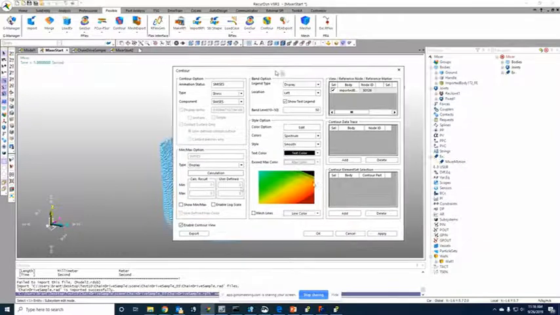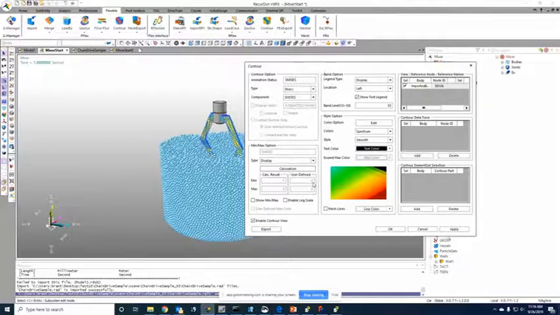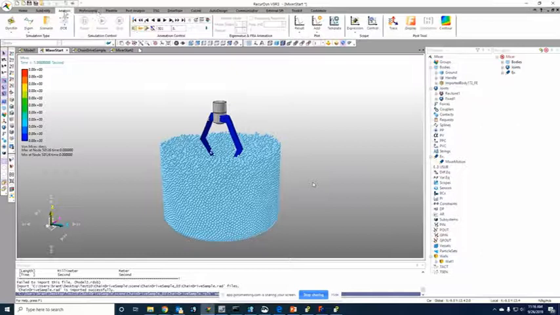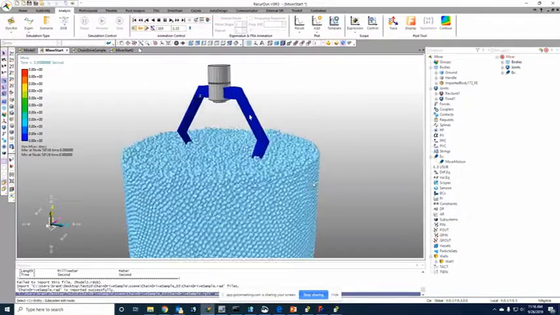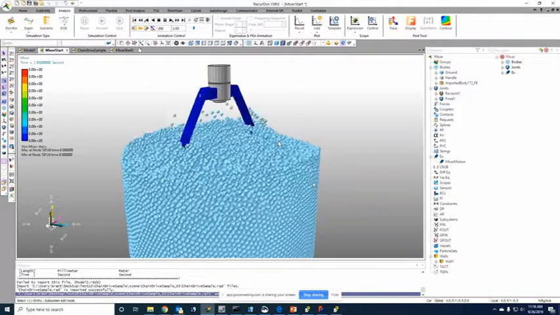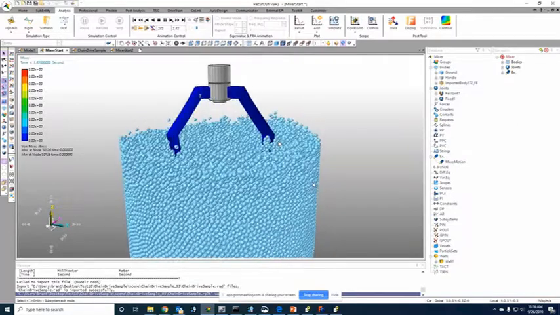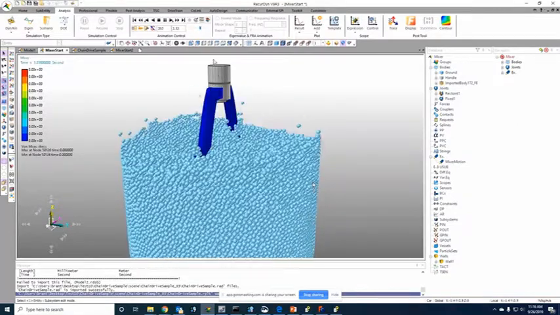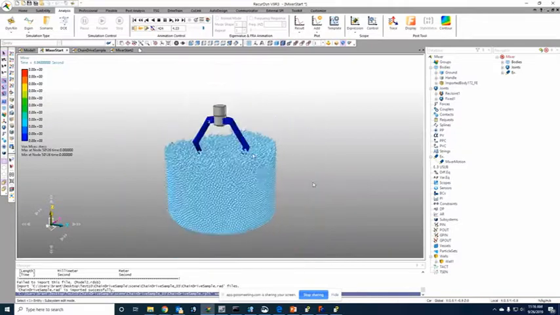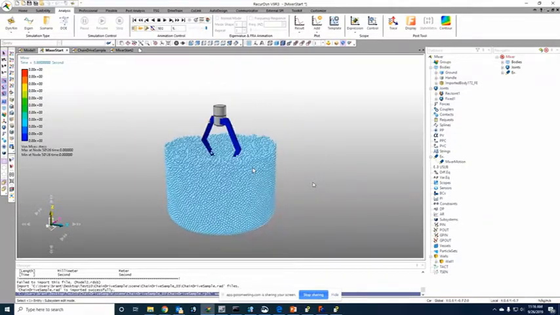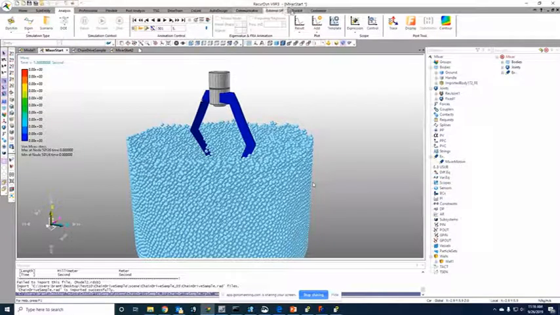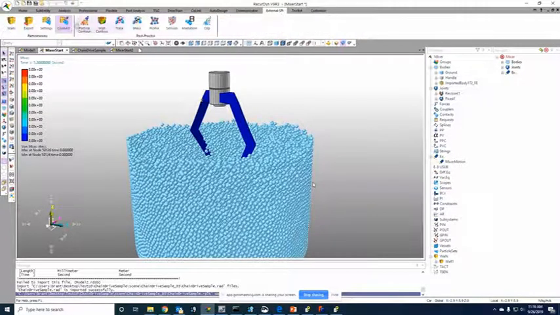And did I not save it? I didn't save that part of it, so you won't be able to see the contour view, but you'll still be able to see the animation. You can go into the contour view and change things there. You can also change the particle contour so that you're looking at